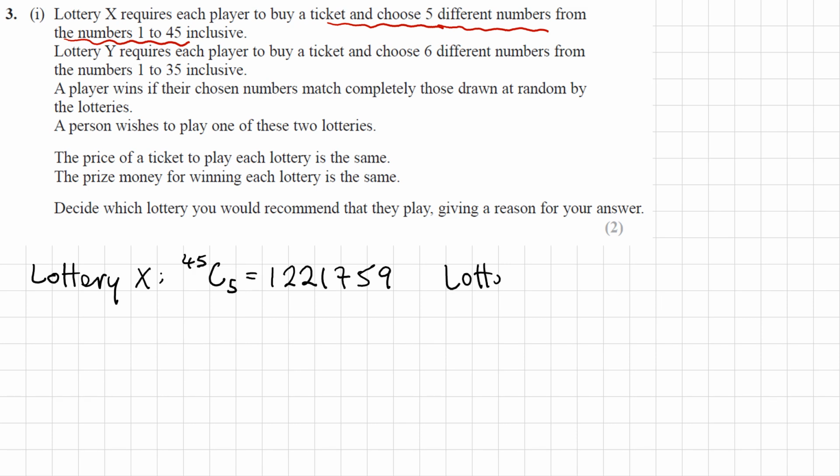And for lottery Y, we're going to choose 6 numbers from a set of 35. So the number of possibilities is 35C6,